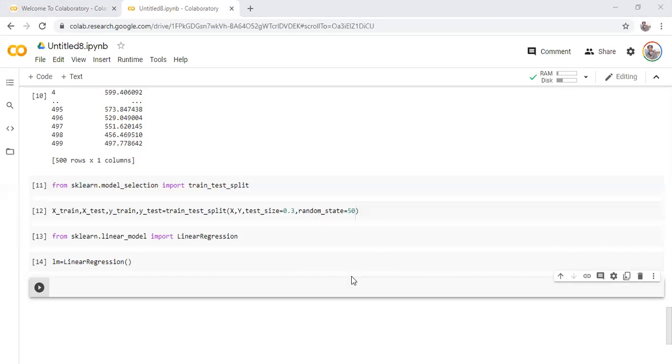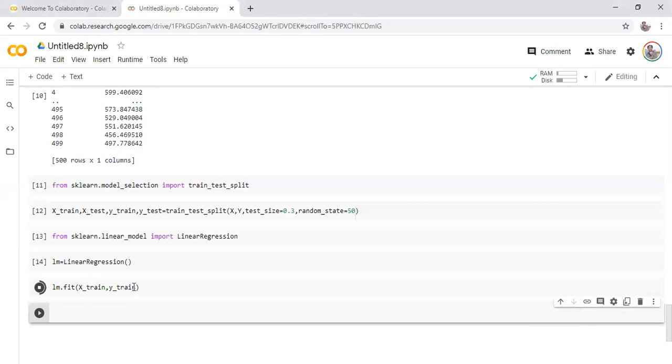Fitting is basically training. Now if you execute.